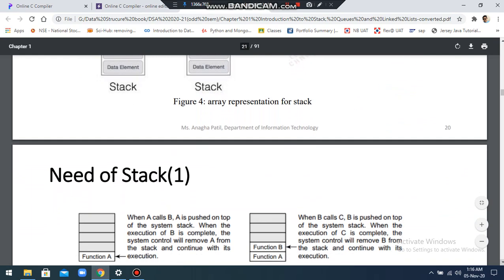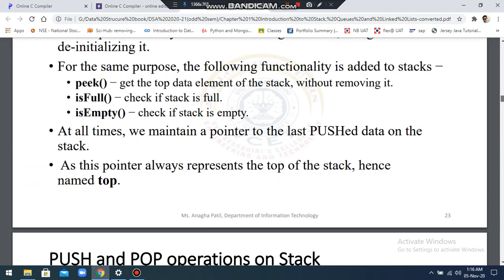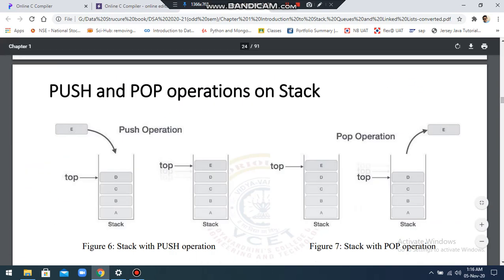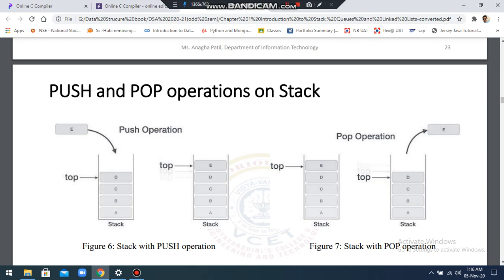Let's try to understand push, pop and peek operations in detail. If we talk about the push operation, let's consider a stack having 4 elements inside it, A, B, C and D, out of which D is the recently added element, hence our top is pointing at D. Now, if we want to perform the push operation, that is adding an element into the stack, you can simply use push E, or ask a user to enter the element to be added.